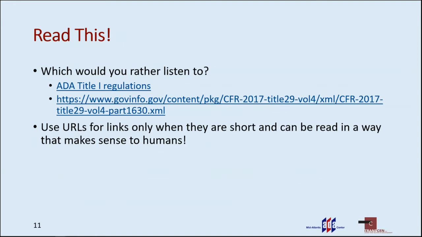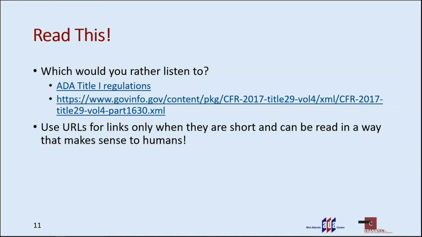Or www.govinfo.gov/content/PKG/CFR-2017-Title 29-Vol 4/XML/CFR-2017-Part 1630.xml. So as you can see, it's a lot easier to listen to ADA Title I regulations than that long hyperlink.